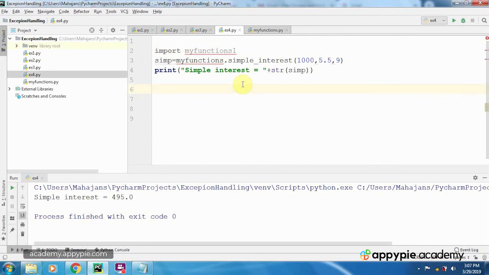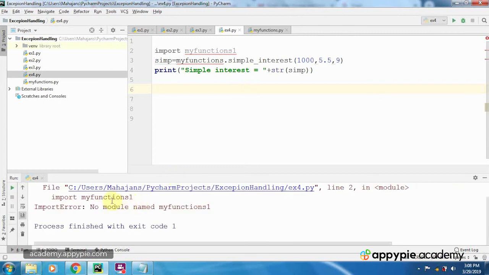You will see that when I try to execute this program, your program will be terminated after an error message, and that is a runtime error, that is an exception. So let me press Control Shift F10. Yeah, as you can see, import myfunctions1, and it is giving the name of the exception that has been raised because we have not handled this exception ourselves. The program has been terminated because of the ImportError exception.